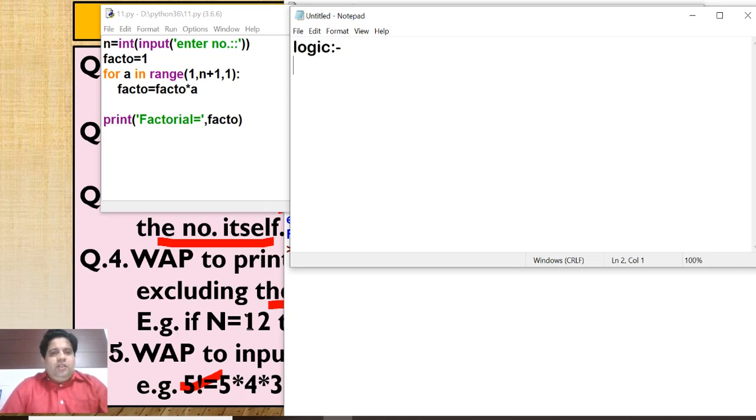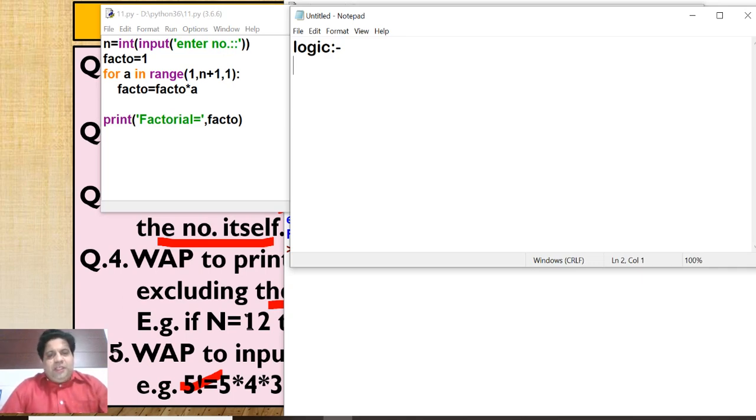You can never learn the programs because the programs are not always the same. You will not get the same programs in exams. So you have to build the logic, and this logic will be built with a lot of practice.